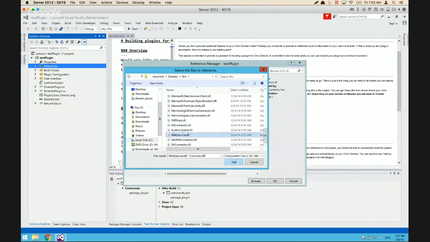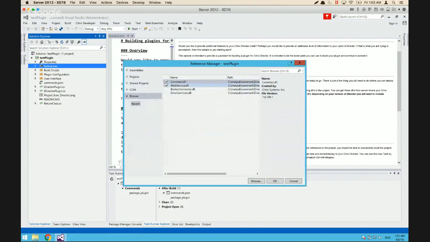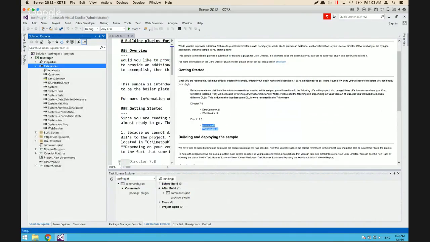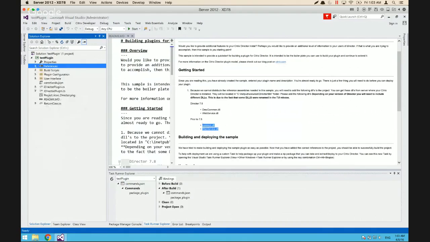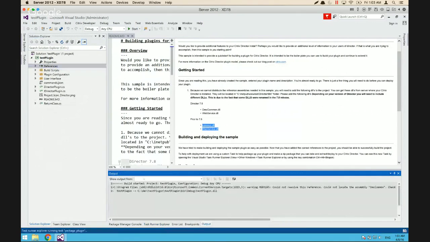We can say add here, were checked. So we'll add those references. So we have those two added. And now if we go ahead and build it, you can see that we build successfully. So that's good. And then one other thing to note is you can check out this Task Runner Explorer here,